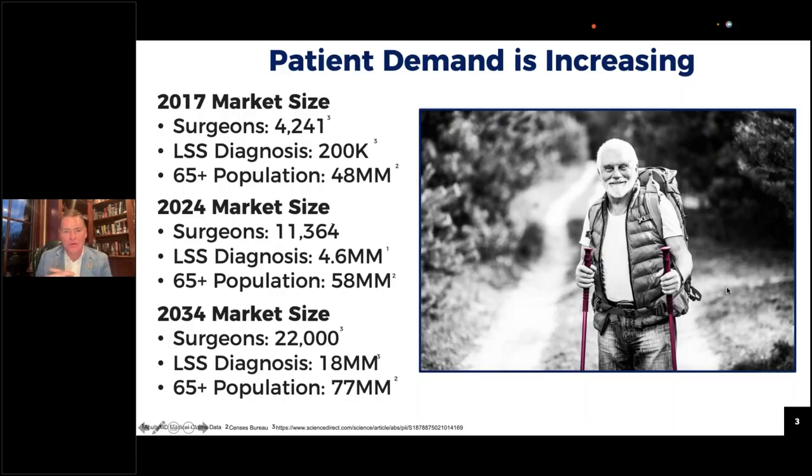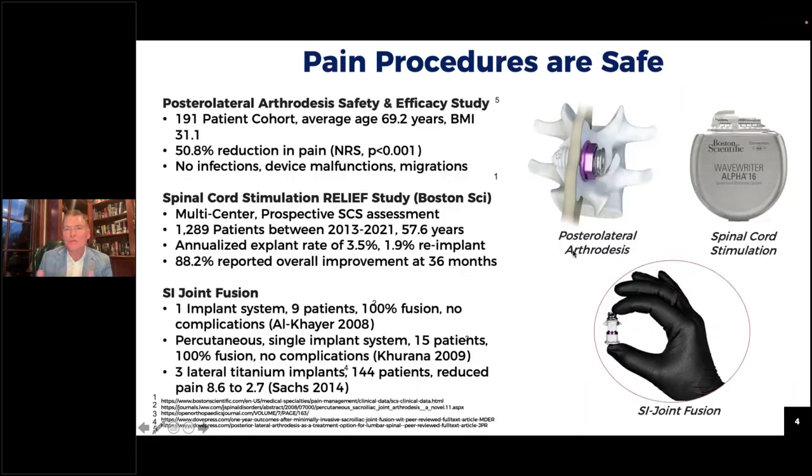You see these numbers here to your left, and you see the number of people who are aging. The 65 plus population by 2034 is estimated to be 77 million people in the US. That's a large chunk of our population when you think about 340 million people in the country. So there's a correlation there. And I think what we're seeing there, and again, I hope Dr.